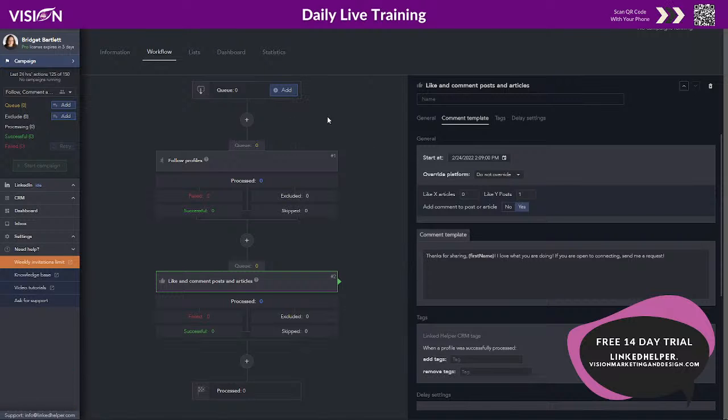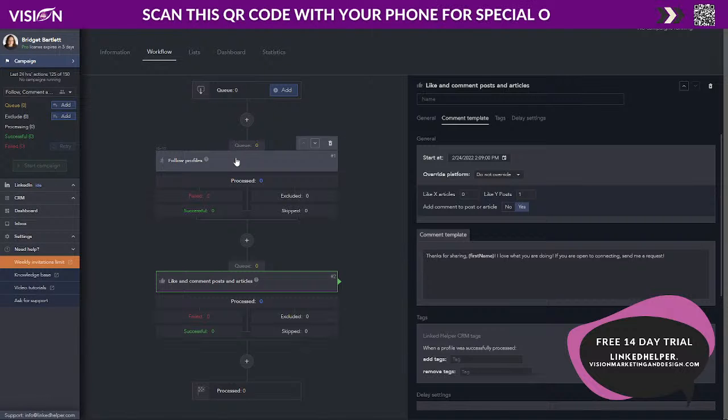So far, if you're following me, what we're doing is all the contacts that we put in this list or this campaign, the robot is going to go to their LinkedIn profile, and it's going to follow them. It's really cool, actually, and somebody told me it was kind of creepy when we actually start the campaign, because I'm going to let you see what it actually does.